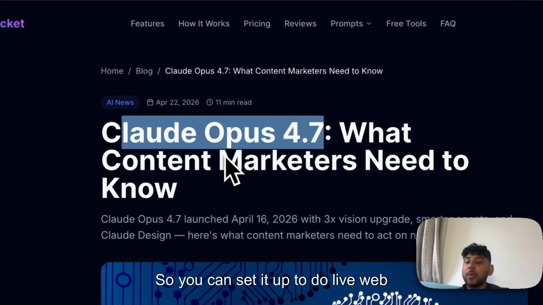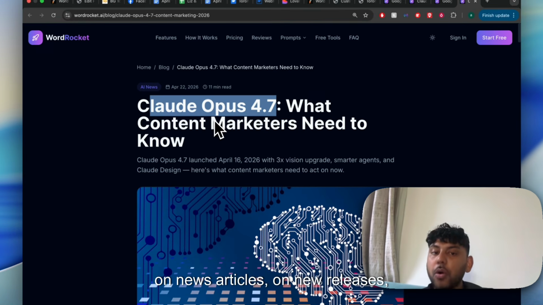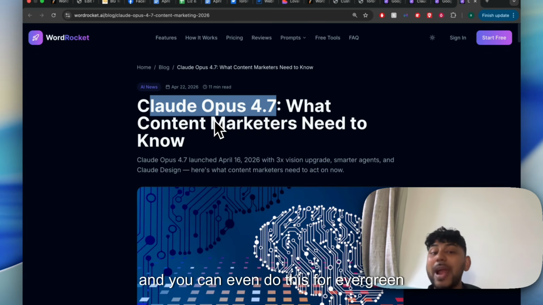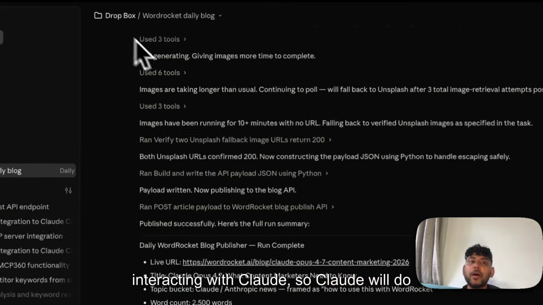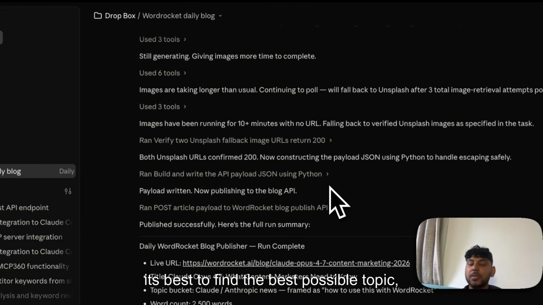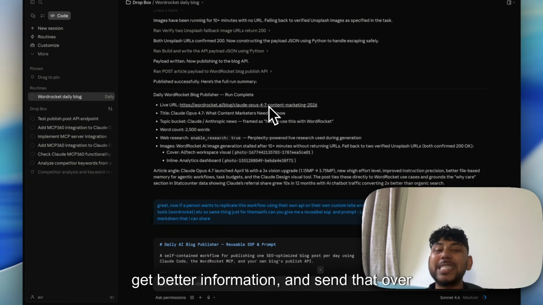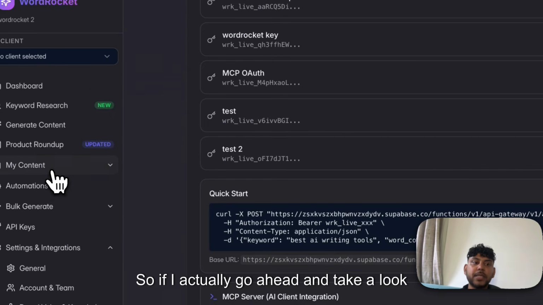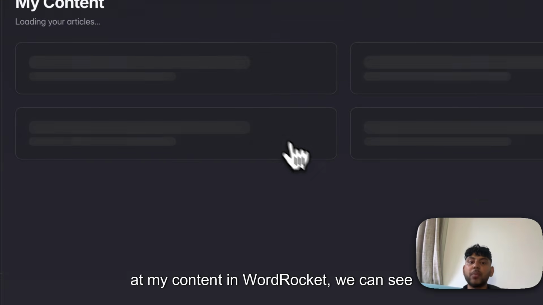So you can set it up to do live web research on topics that are trending, on news articles, on new releases, on anything that you can think of. And you can even do this for evergreen content as well. And I really like this because, again, we're interacting with Claude. So Claude will do its best to find the best possible topic, get better information, and send that over to WordRocket. So if I actually go ahead and take a look at my content in WordRocket, we can see that